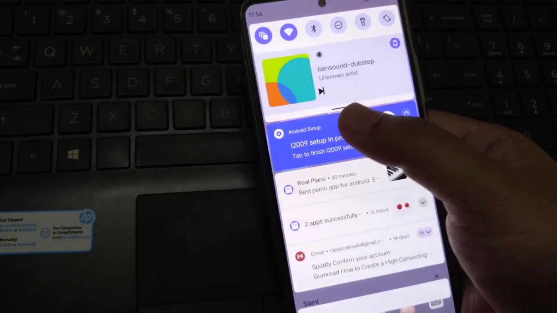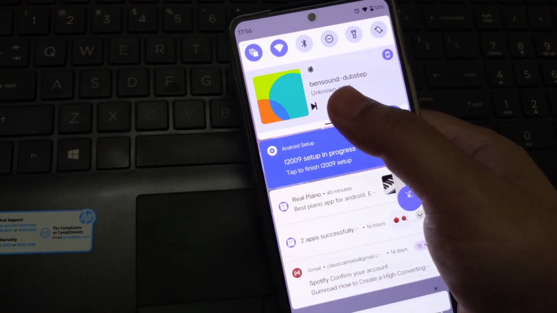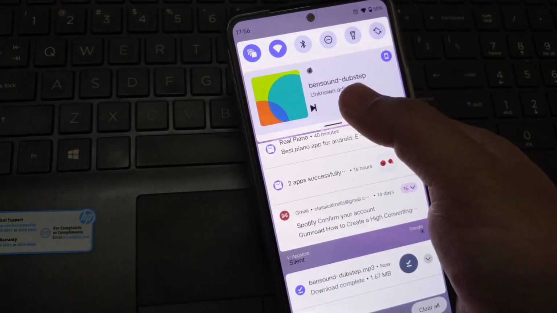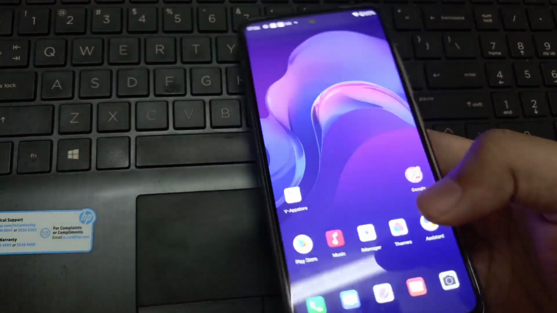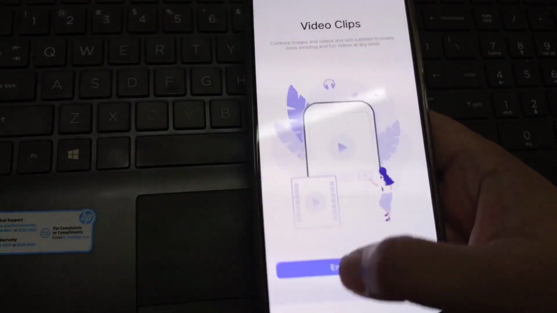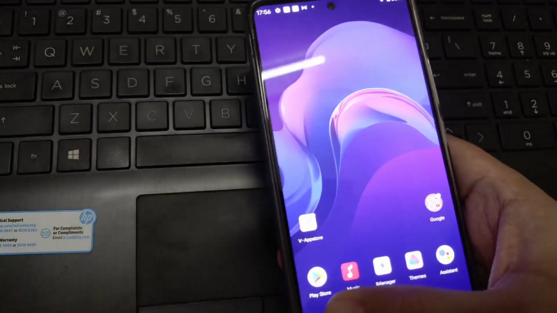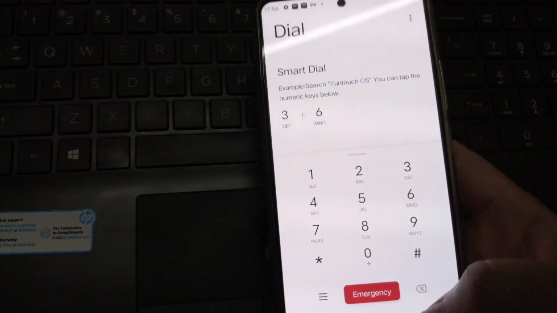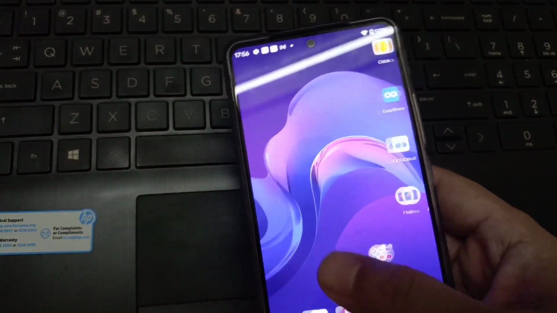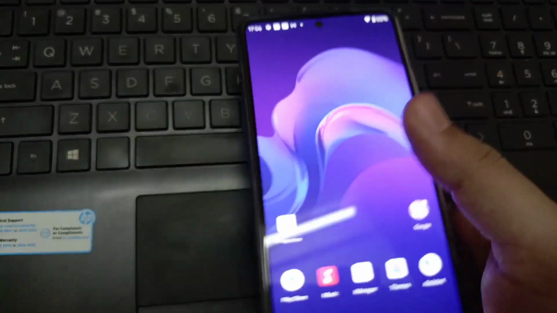So you can see the music. I'll reduce the volume. So you can see this is how it plays the music widget here. I wanted to show you this thing, the music widget. So this is how it works. And the pic editor, video clips, the album, the gallery, the messaging, and yes, it has that Google dialer also. So that also you can think. So I think overall, if I have to say about the build, okay, now let me quickly show you